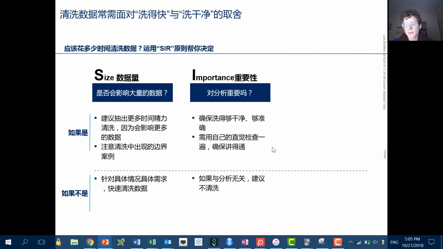Let's talk about importance. Importance is, how much do I need this data to be right? In this case, if I don't have this data right, I cannot do the analysis at all. So I can't merge these two data sets. So in this case, it's quite important. Now, you might say there could be other analyses which are more important, and if they are, then prioritize them. But in this case, in order to do the analysis, I have to get this done.